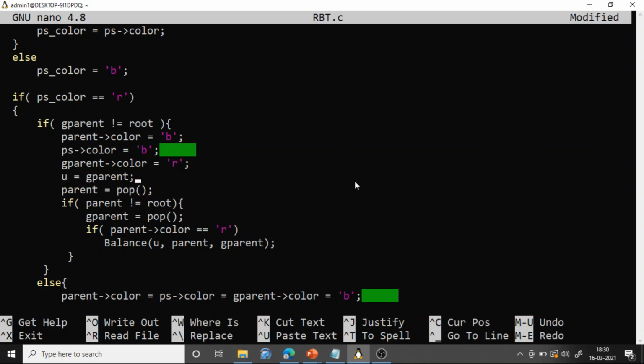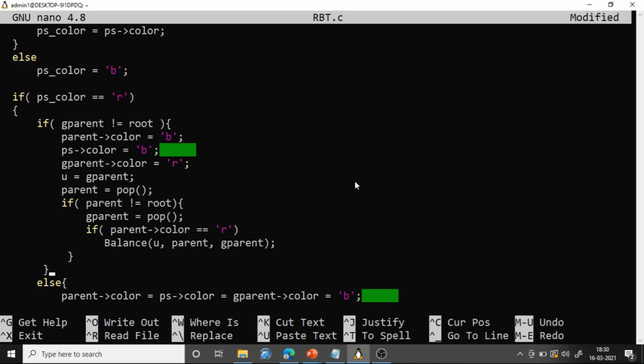Suppose there is a parent for the new u node, and that itself is the root node. In that case, you need not do anything, because current u is red. If the parent is the root node, surely it will be black in color, so it is not at all an issue. So this is what the first if says.